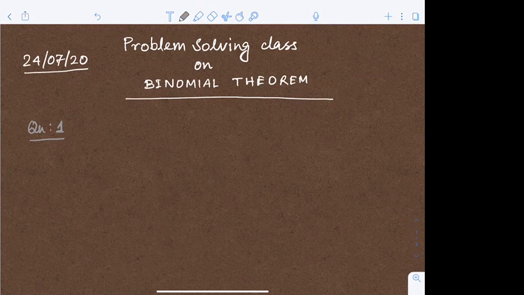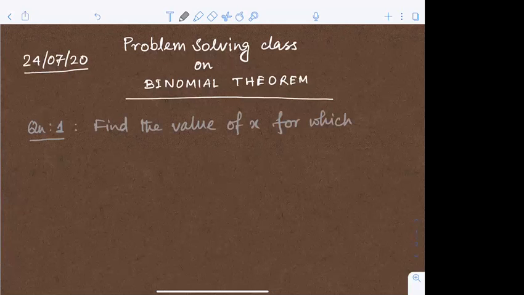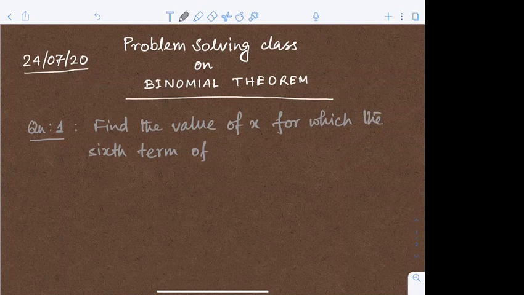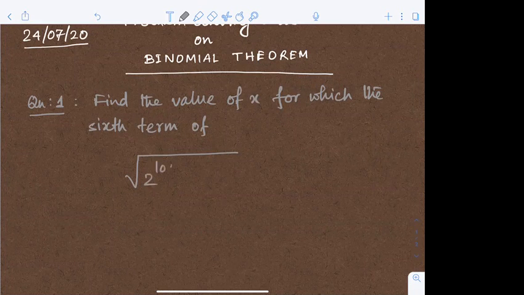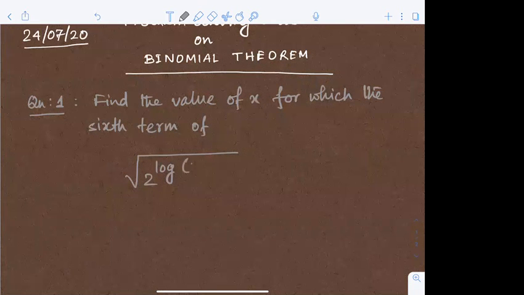Find the value of x for which the sixth term, এটা বোঝা যাচ্ছে তো এই কালিটা এর উপরে, sixth term of root under 2 to the power log of 10 minus 3 to the power x plus 5 times